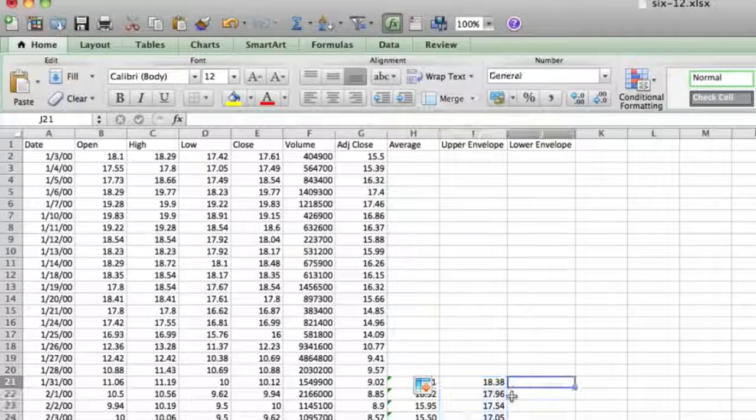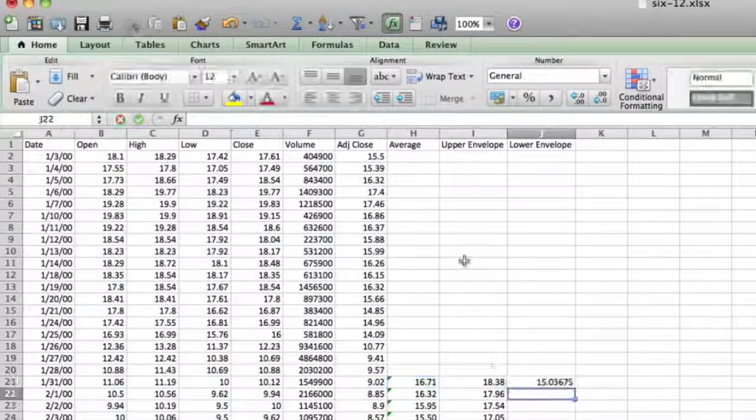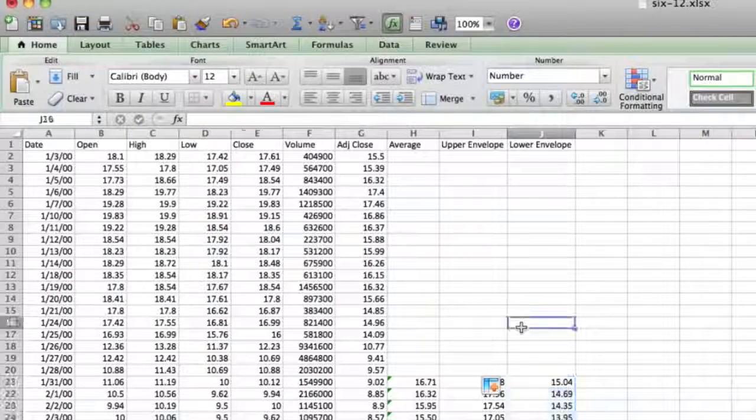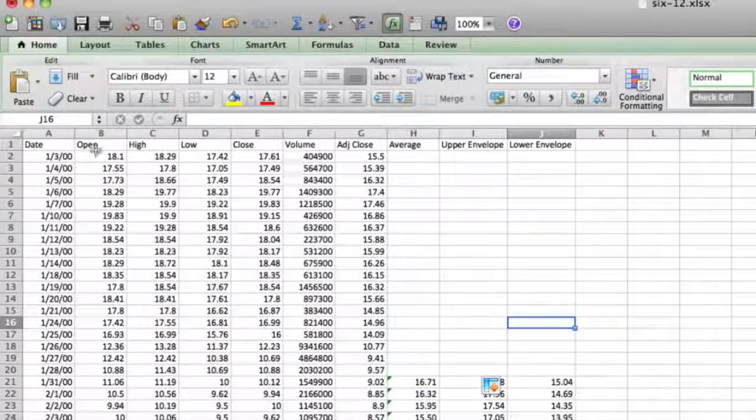Double click it to fill, and the lower, so again taking the average and multiplying that by 0.90, which is 10% below the 100%, which is our average. So 10% above and below is our envelope. So double click to fill. Okay, once you have that,